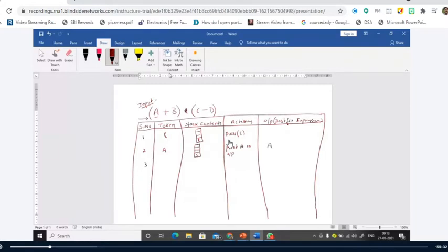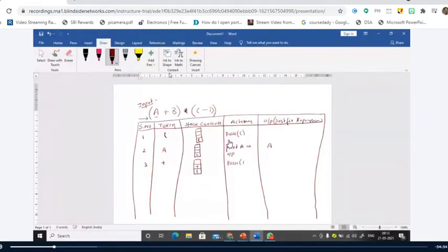And what is the third token you have read? Plus, right? And what do you have to do when you come across an operator? You have to check whether the stack is empty or not. Here the stack is not empty, but since it consists of only the open parenthesis, there is no need to compare the priorities. You just think as if the stack is empty, and then push the operator onto the stack. What is the operation you have performed here?